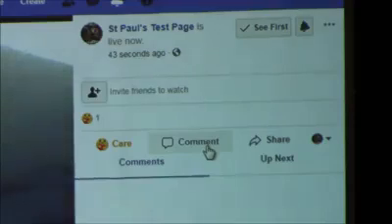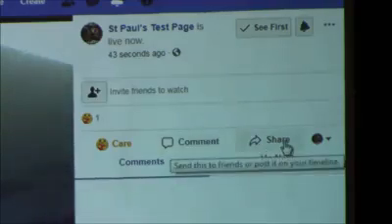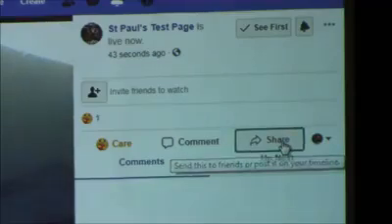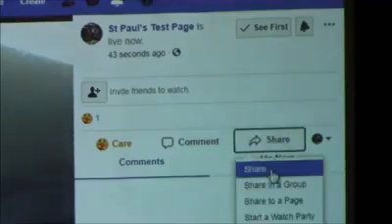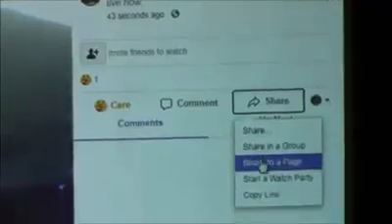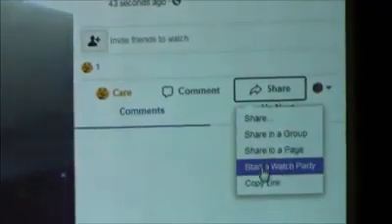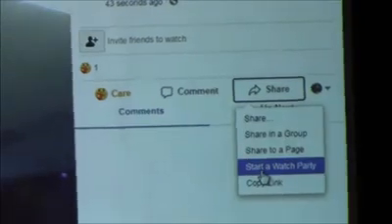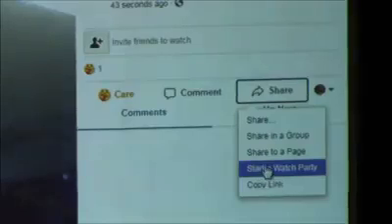And then next to that is the share button. That would kind of work like the invite, where if you click on share, you can either share it to your personal page, you can share it in a group with people, you can do something that's called a watch party, which some people have done, where you can do a watch party and invite some of your friends and kind of watch it as a private group together, instead of watching it simply through our Facebook page.